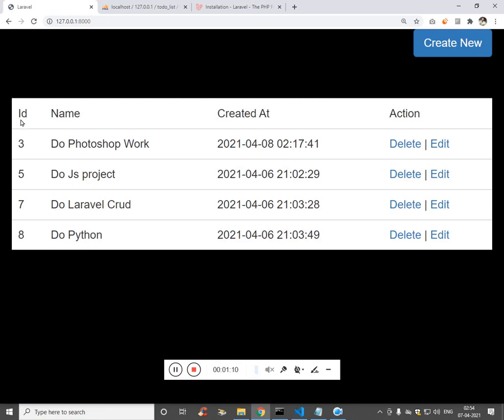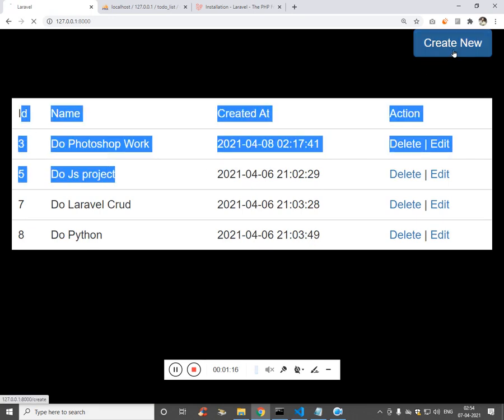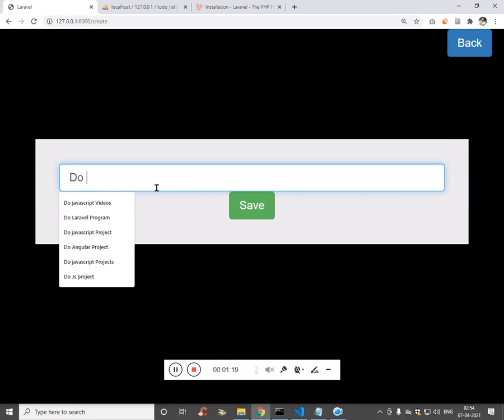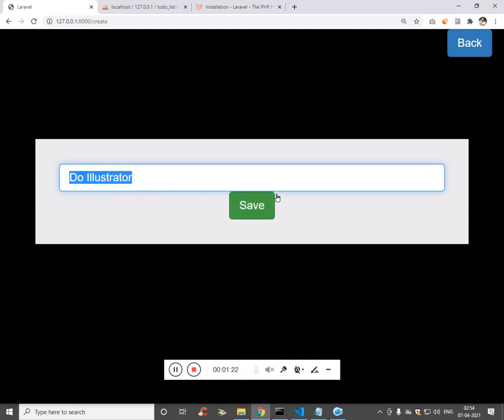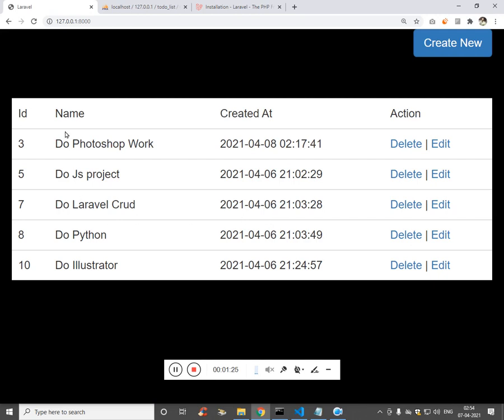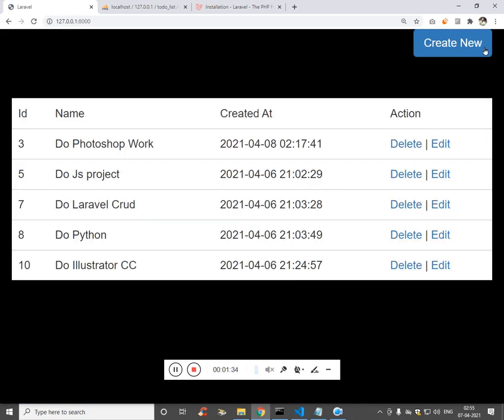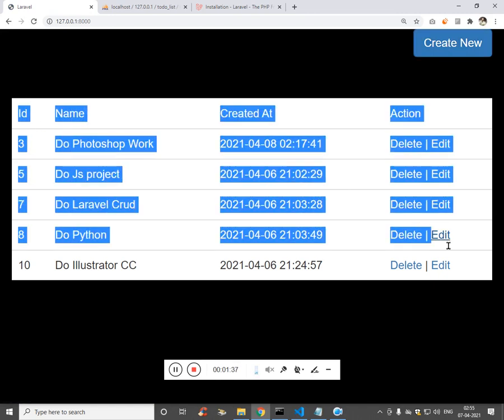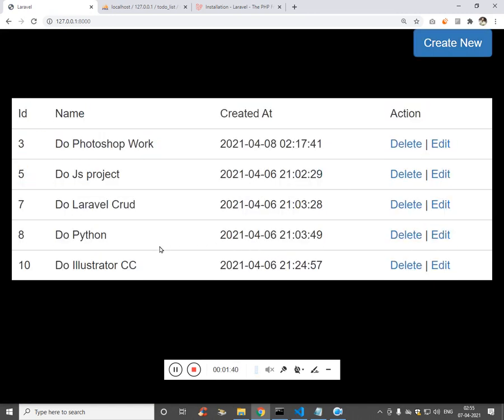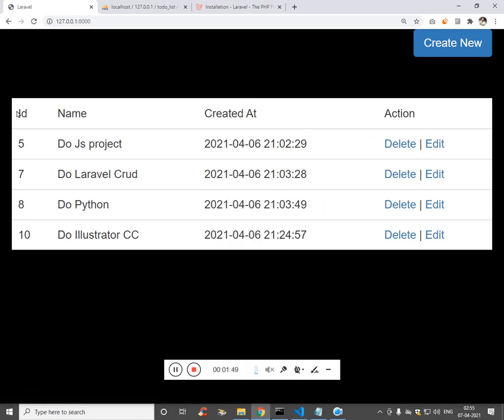So we have listed all the values. The first one is view, and the second one we have seen how to create it. So this is create, and if you wish to update, we have updated this. So we have seen create, we have seen read, that means view all, we have seen the update section, we have updated CC, and we have removed a CRUD, and we have seen how to delete it. So click on delete and it will be deleted. So finally it is a full-fledged CRUD operation. We are going to create it as a to-do list application.